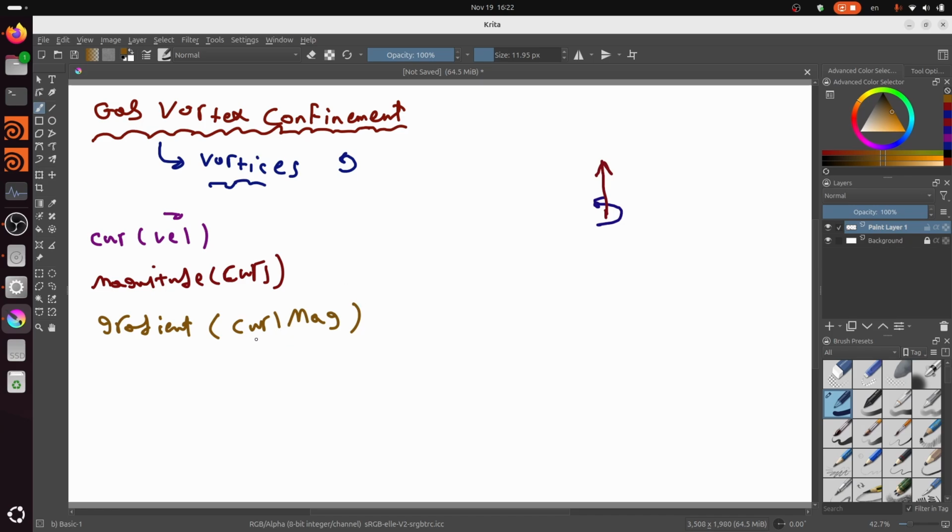Okay, and you'll compute the gradient of this, and this means that you will have a new field where the vectors will look in the direction of the highest rotation. Okay, so if your curl magnitude means the amount of rotation,